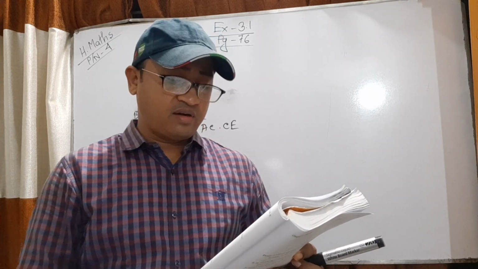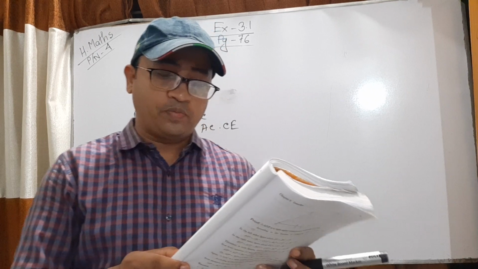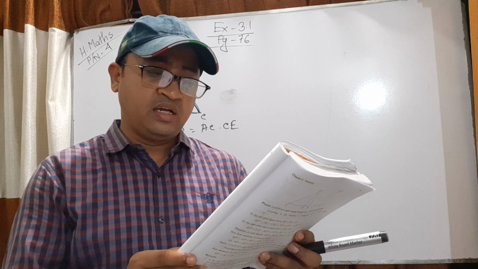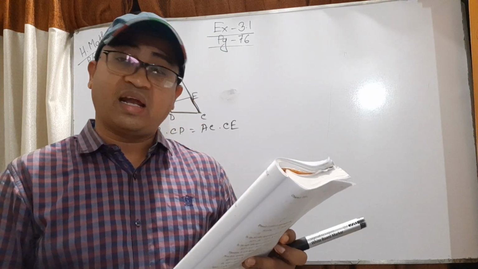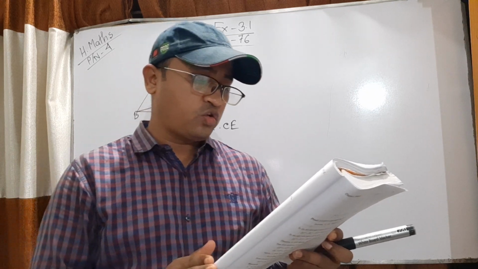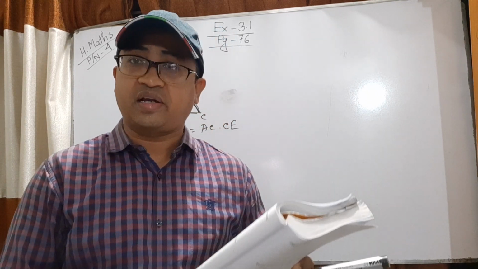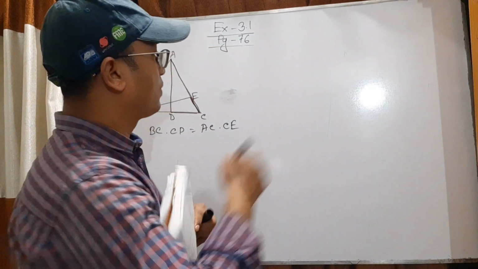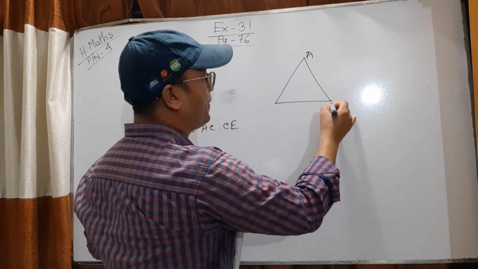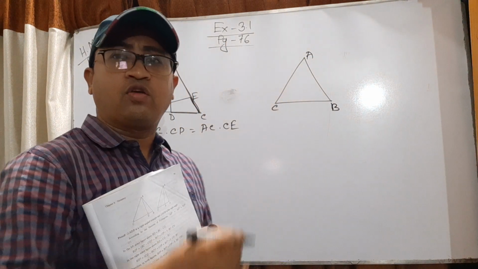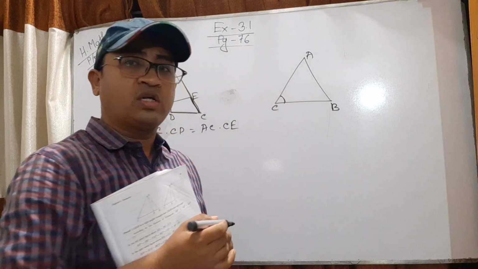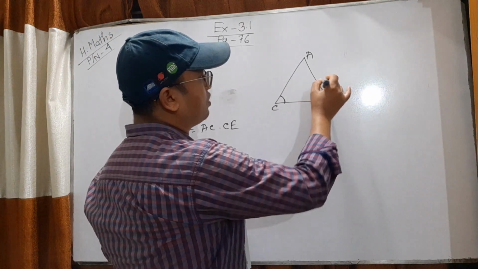In any triangle, the area of the square drawn on the opposite side of an acute angle is equal to the square drawn on the other sides diminished by twice the area of the rectangle included by any one of the other sides and the orthogonal projection of the other side on that side. What was it? Look, any triangle. Say this is triangle ABC. I drew an acute angle triangle. Let C be an acute angle. So what is the opposite side of C? AB is the opposite side of C.